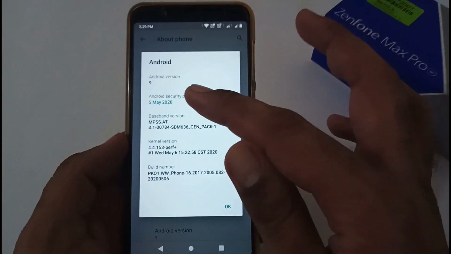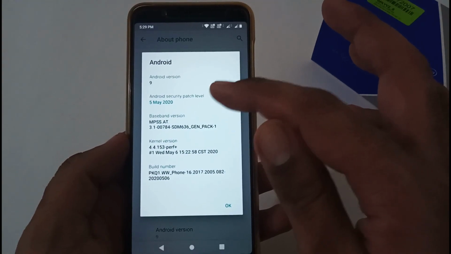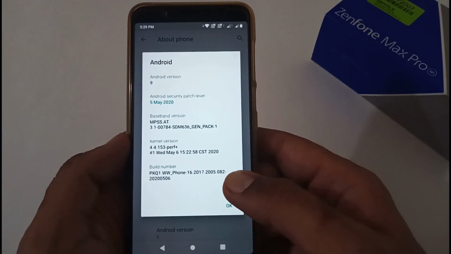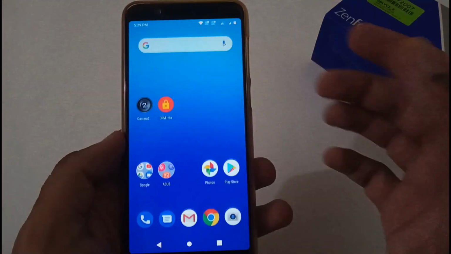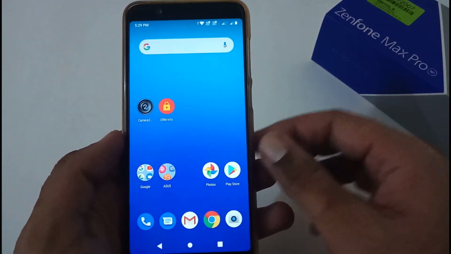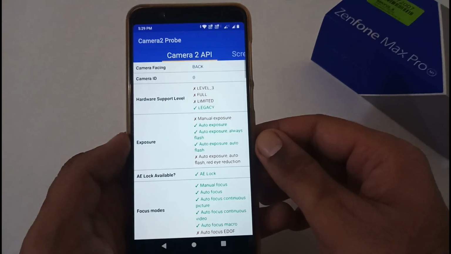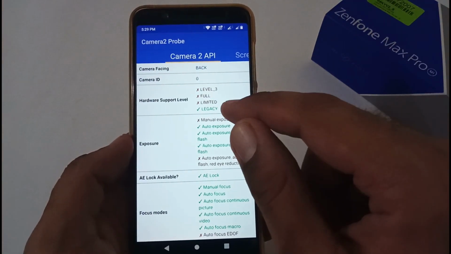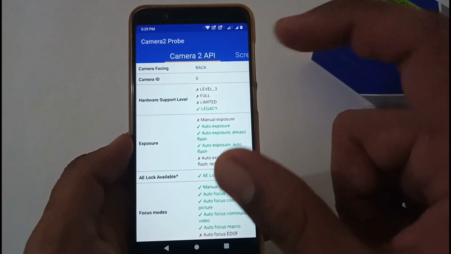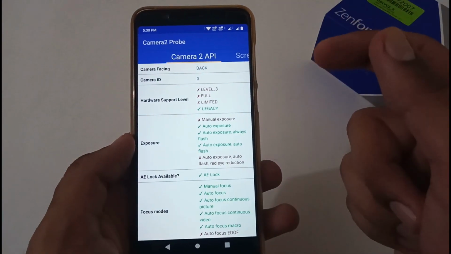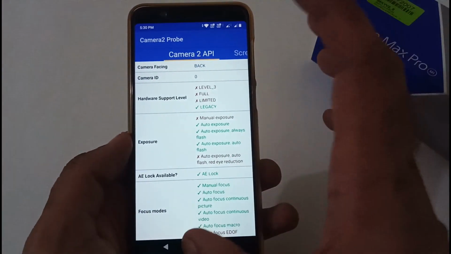So on my phone screen you are able to view that security patch level is 5 May 2020 with the version ending 082. So let's begin with the downloading process and so on. But before that, I just want to confirm two other things. Firstly is status of Camera2 API. So on version 082, I forcefully set it to legacy and I want to see whether with the version 084 it will be changed to level 3 or not.